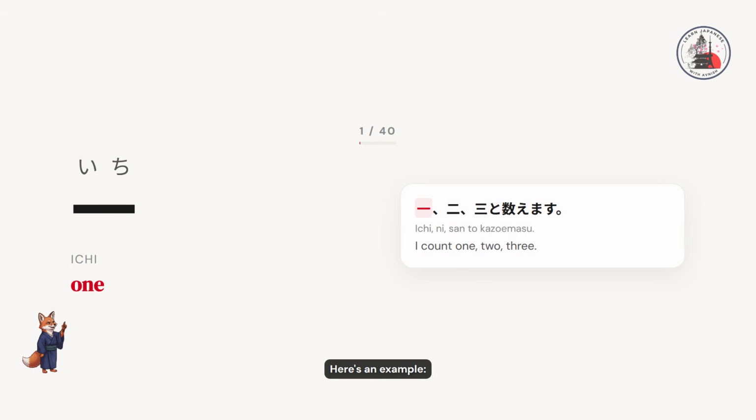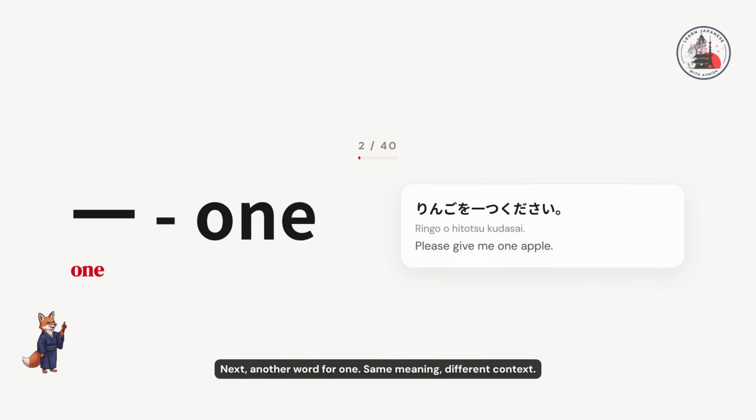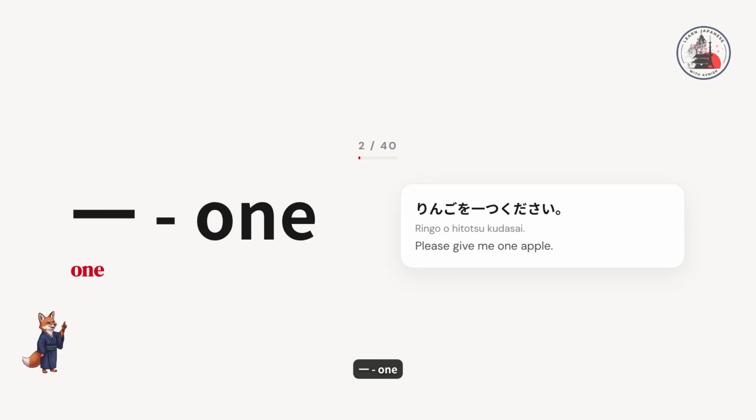Here's an example. 1、2、3と数えます。 Next, another word for 1. Same meaning, different context. はじめ、1。 Try this one. りんごを一つください。